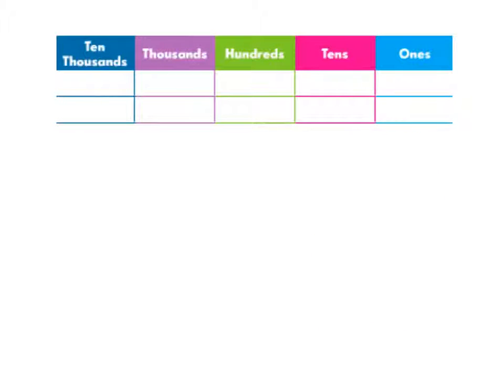Now we're going to work on multi-digit times two-digit multiplication, which means we could have a number in the tens times a number in the tens, or maybe a number in the hundreds times a number in the hundreds. Multi-digit, meaning more than 2, times two-digit. One example of a multiplication problem is